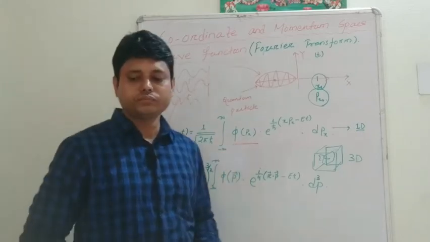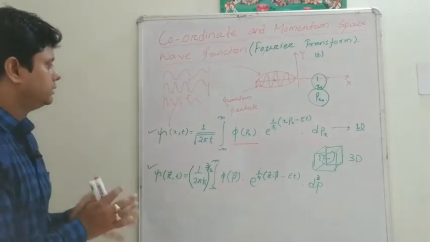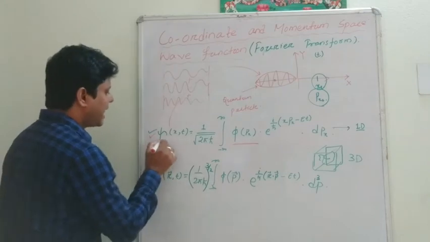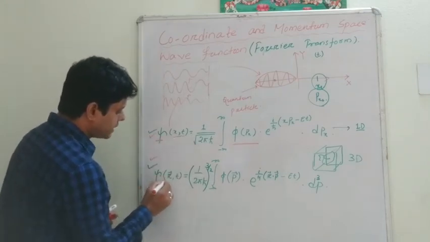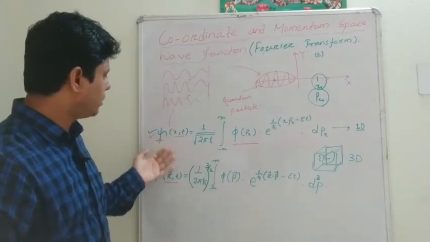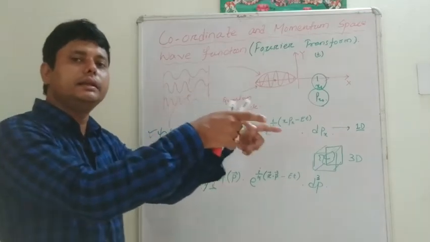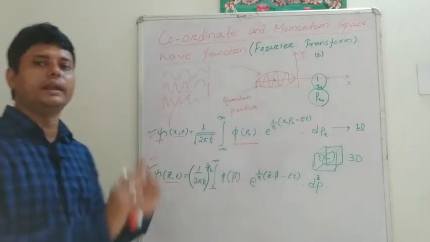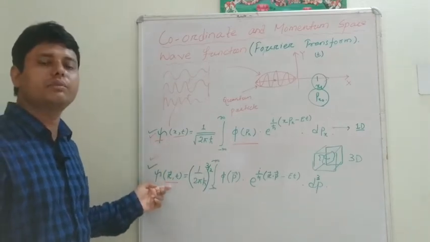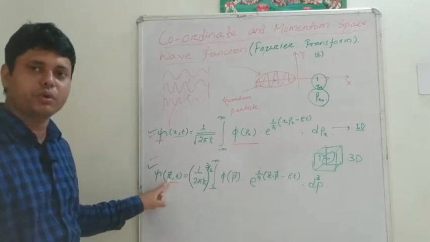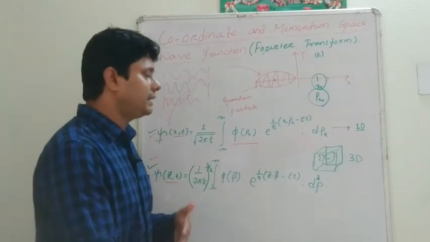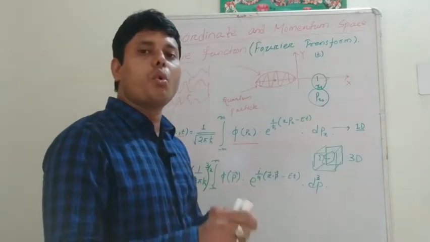So here one thing we have to consider, that in both the cases psi is the function of x and t. Here psi is the function of r and t. That means the wave function, which represents this one or this one, indicates its position or its coordinate. So here it is one dimensional position or coordinate, here 3 dimensional position and coordinate, that r represents. Okay, so both wave functions represent the particle's wave function in coordinate space.